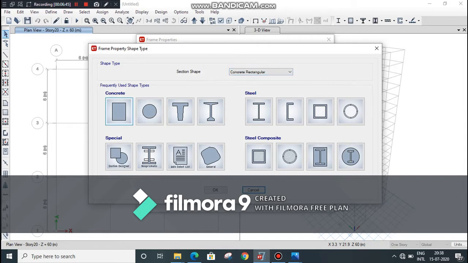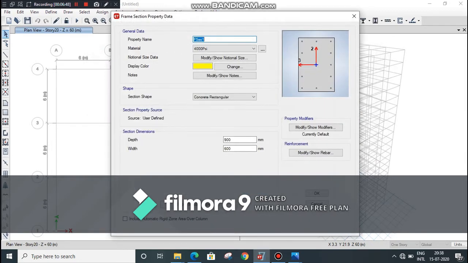So go to concrete, rectangular concrete frame section and give a proper name for the column, 600 by 600. Material M40 grade, depth 600, width also 600.